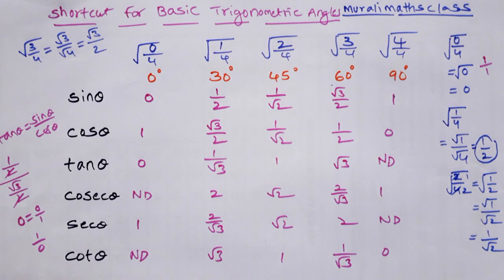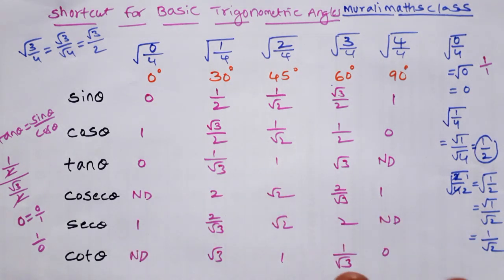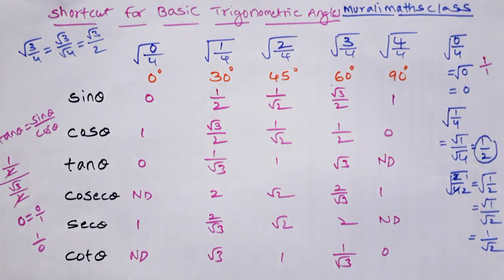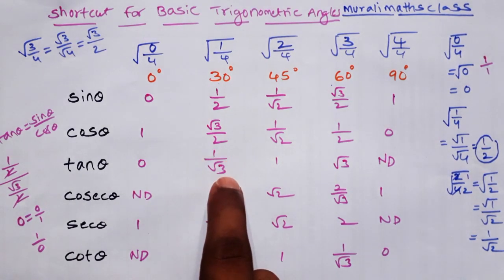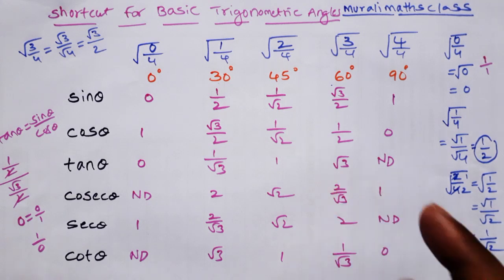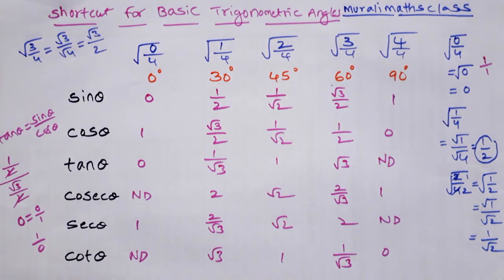That's it. So very easily we can remember this. While solving angle of elevation and angle of depression problems, it is very useful. First we have to write the table, then only we have to solve the problem. All of this we cannot remember, and somewhere you will make a mistake. Suppose they ask tan 30: instead of 1 by root 3, you might write root 3 by forgetting sometimes. Then it becomes wrong. So first we have to draw the table before solving the problems based on the angles. Okay. Thank you.